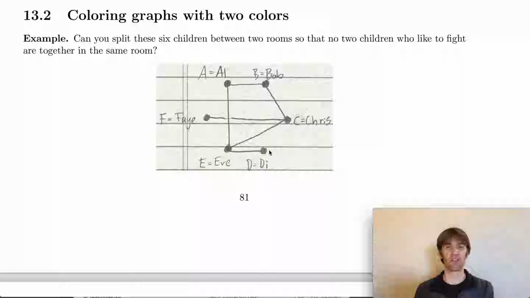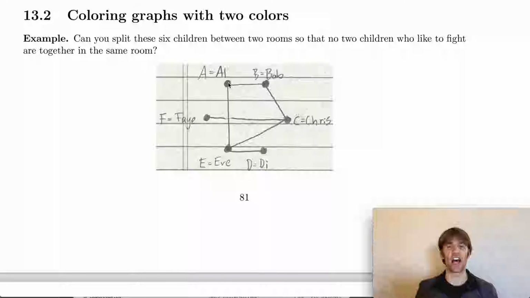I'd like to describe section 13.2 on coloring graphs with two colors. Pretend you have 6 children, Al, Bob, Chris, Dee, Eve, and Faye, or A, B, C, D, E, and F. And some of these children like to fight with each other, as represented by an edge. So for example, this edge represents that Al and Bob like to fight, whereas the absence of an edge here